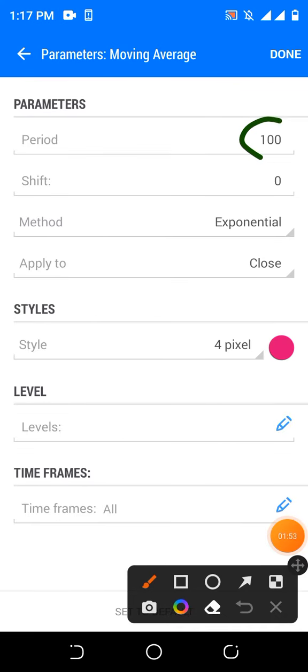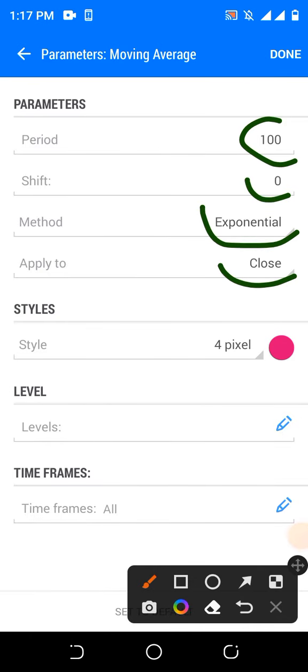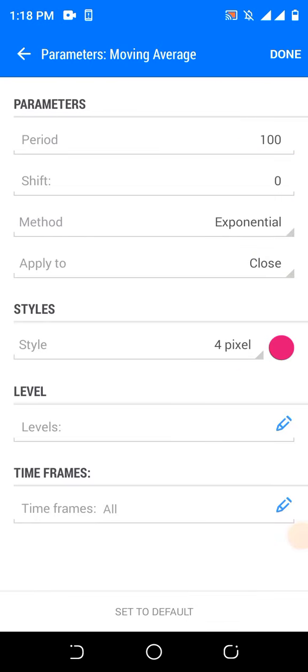The period is 100, shift 0, method exponential, apply to close. Now when you come to the style, you can choose any color of your choice. So this is all about the moving average. Once you are done setting it up this way, you click on done.